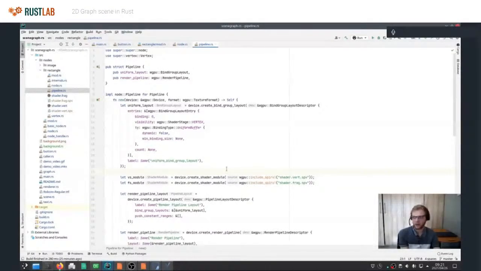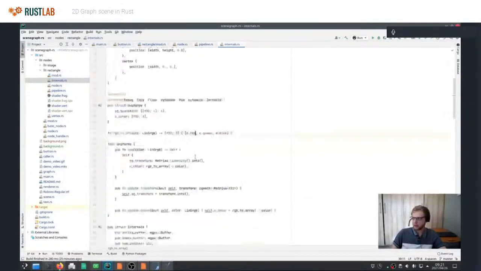Every time you call render on the scene graph, it walks the list of nodes, and the way that you need to do rendering in WebGPU is you first need to attach a pipeline.